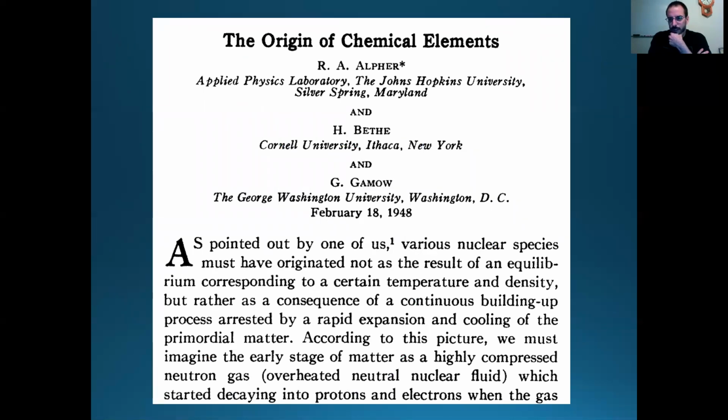Where did all the chemical elements come from, all the elements of the periodic table? Well, this goes back to a paper which was published by Ralph Alpher and George Gamow, remember him? And they also invited a guy named Hans Bethe, who is the lead scientist on the Manhattan Project. He worked out a lot of the formations of elements inside stars. So the three authors on this paper are Alpher, Bethe, and Gamow, which sounds like Alpha, Beta, and Gamma, the first three letters of the Greek alphabet, which is kind of symbolically interesting because it's the origin of chemical elements by alpha, beta, and gamma.